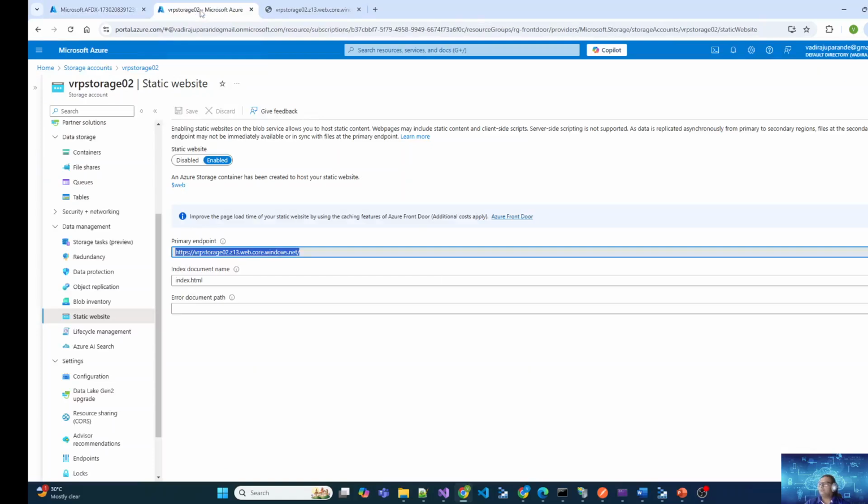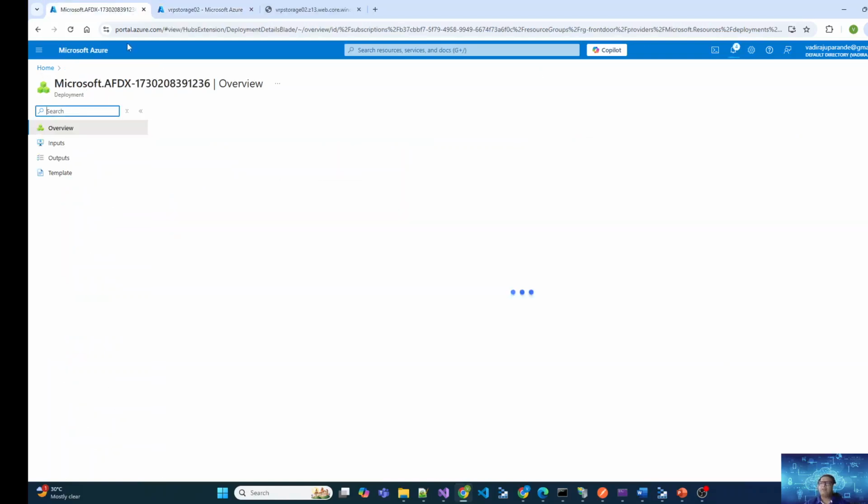Let's give it some time. Also, I want to let you know that what I'll be using here as the backend, the origin, will be a site hosted in another tenant, not in the same tenant. I have a virtual machine, and in that virtual machine I have two sites hosted. So let me take you to the